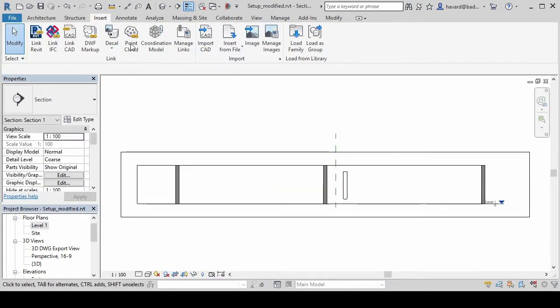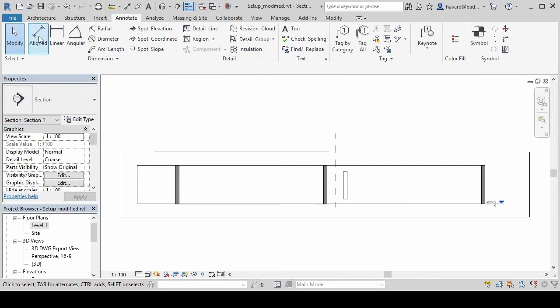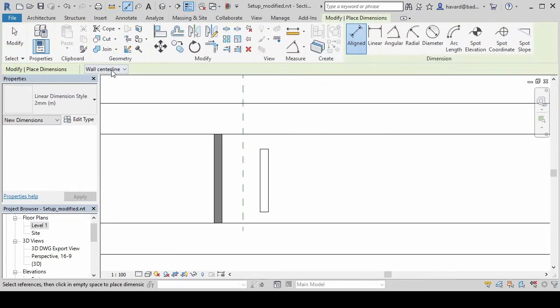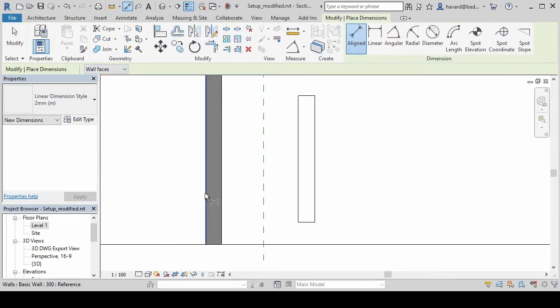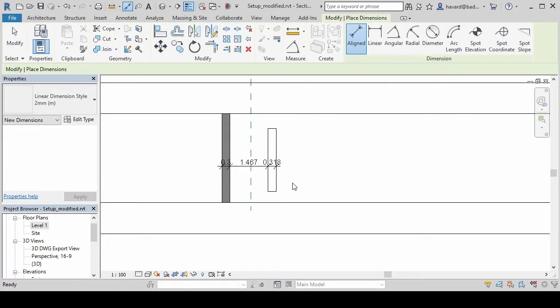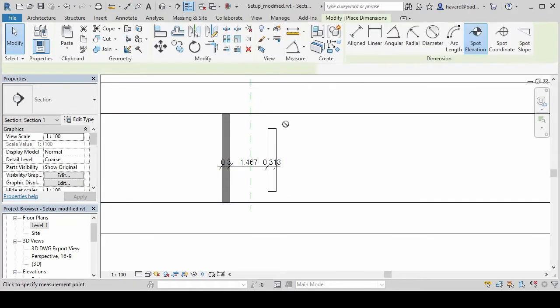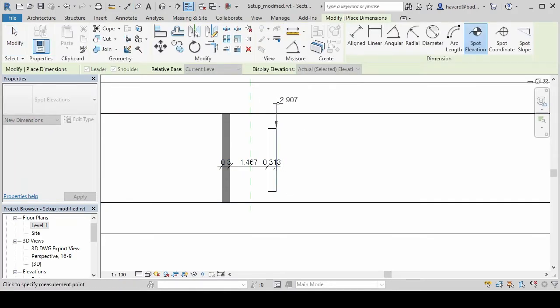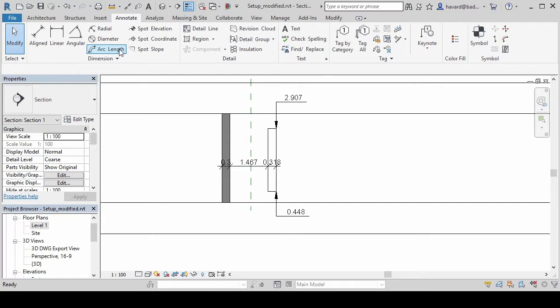Open the section, and we can go to annotate aligned dimension and do an aligned dimension between the faces of the walls and the faces of the Rhino import. This works pretty well, actually. We can also do a spot elevation and get information about the top and bottom elevations of these elements, and we can also do spot coordinates and spot slopes on most geometry, not everything.